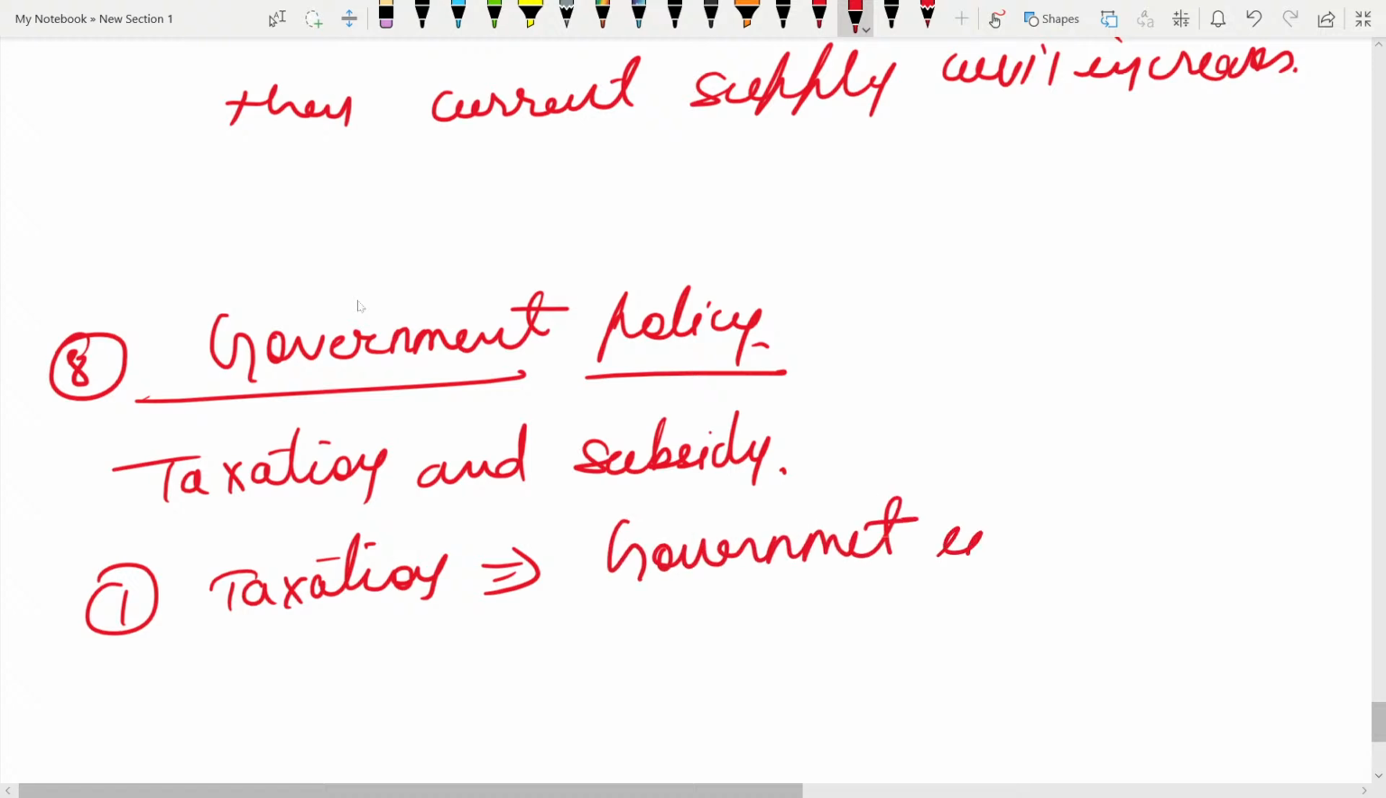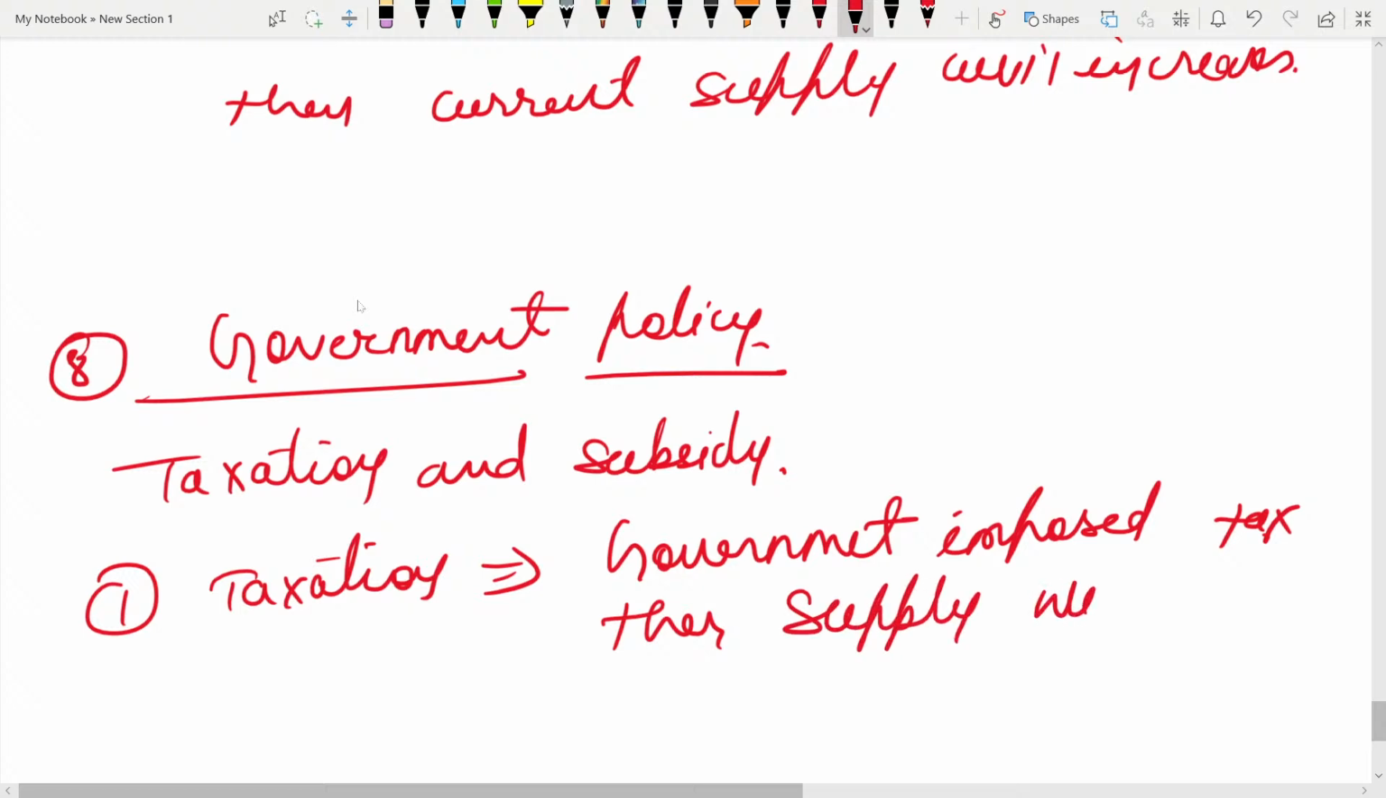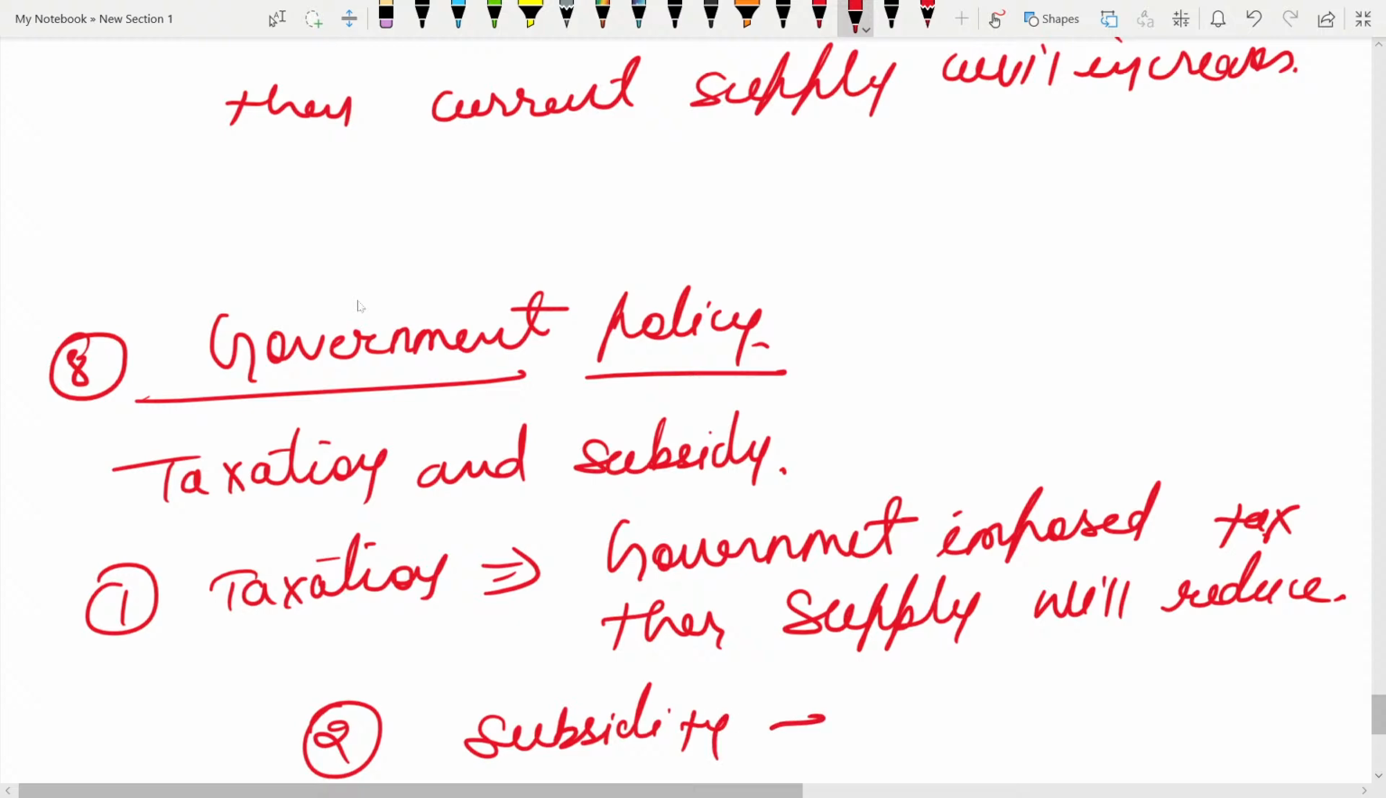If the government imposes taxes, then in that case we can say supply will reduce. And when it comes to subsidy, it will help to